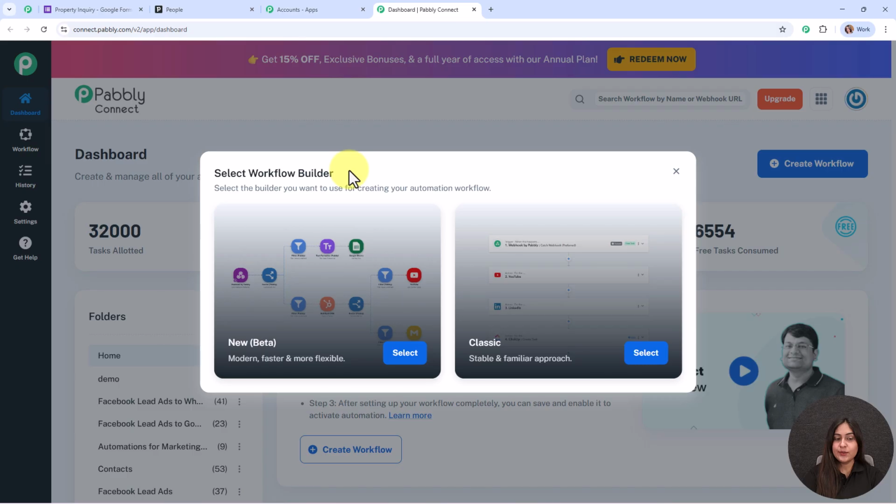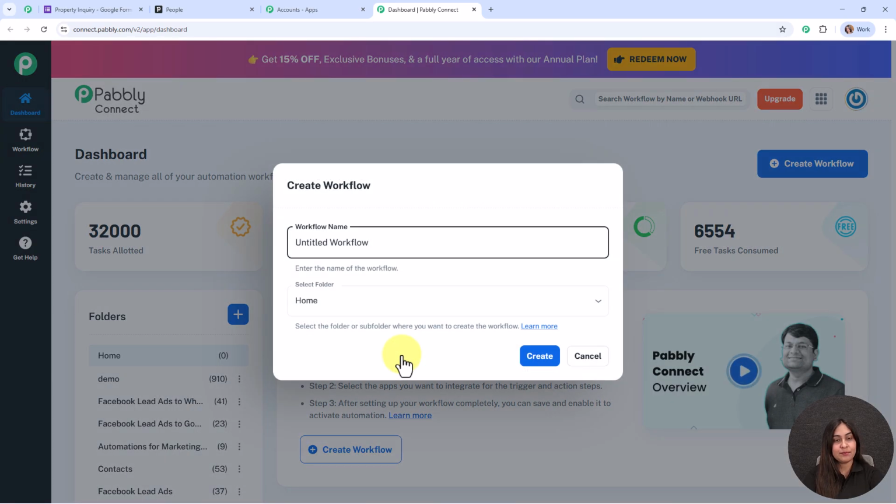So here you can see two options. One is new beta and the other one is classic. So basically beta version is modern, faster and more flexible, whereas classic one is stable and the familiar approach. So in this video, we are going to use this beta version by clicking on the select button, and then